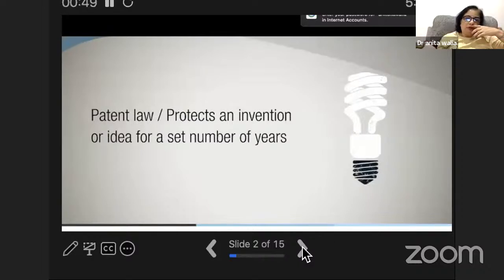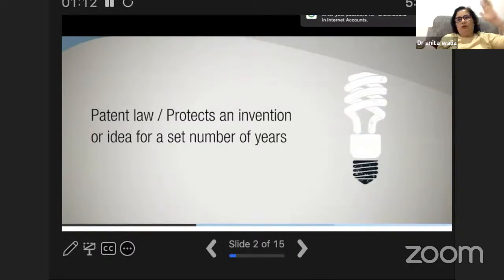Now, basically, when we talk about patent, there are actually several bodies of law that protect intellectual property in different countries. For example, if you have a name brand like Apple or Google or Microsoft, you use trademark law to do that.